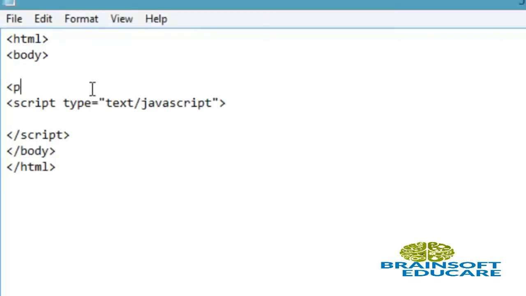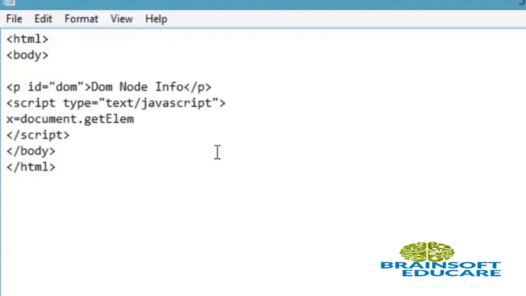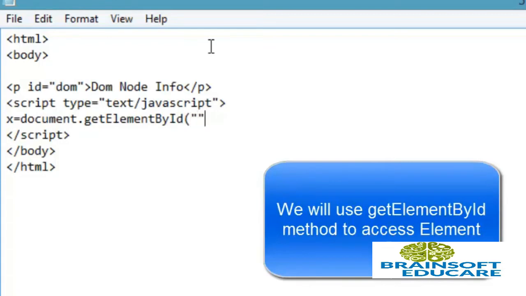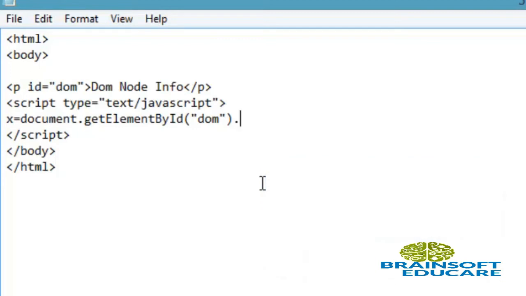In the body tag we are going to write a paragraph tag, which was the same in the previous example. Now I am retrieving the child of the node which is the P. So document.getElementById, passing the id value which is DOM. I want to retrieve the first child of this paragraph tag, and the first child is DOM node